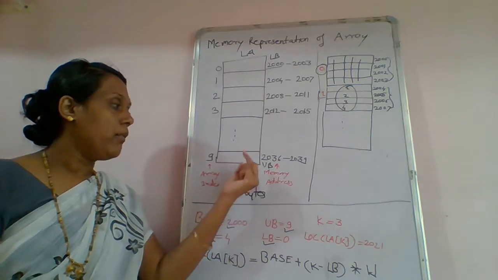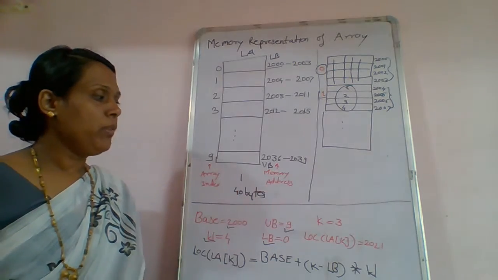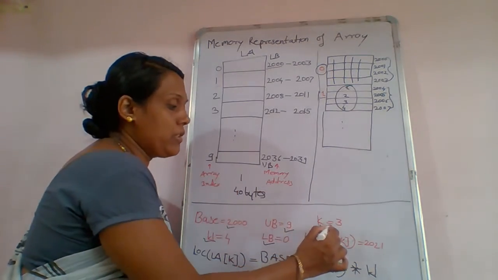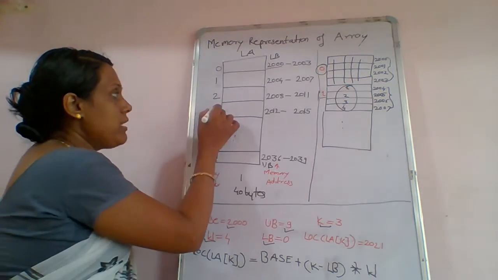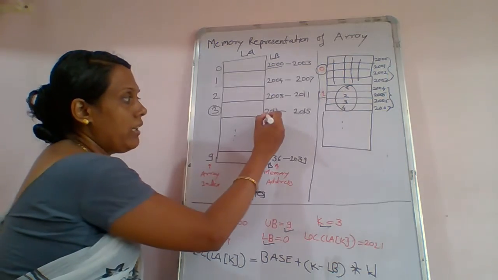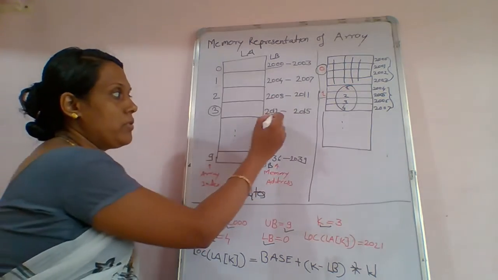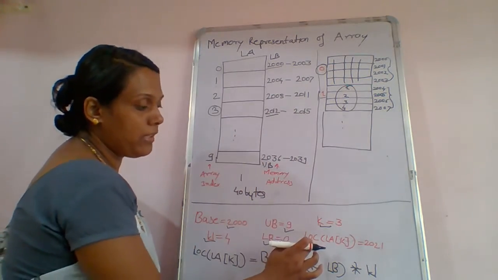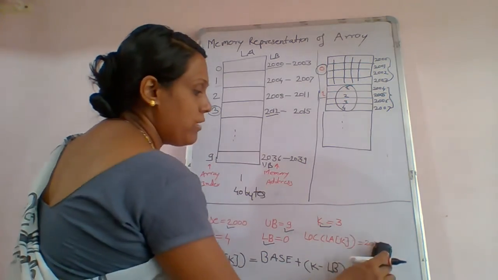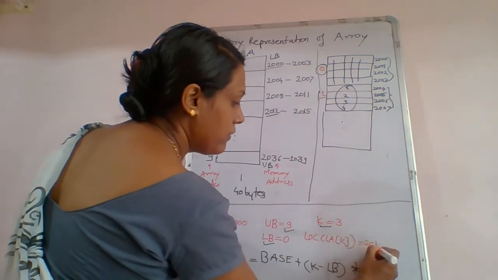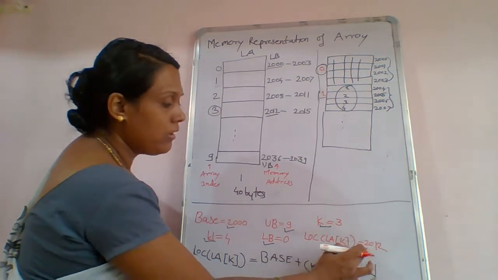So I said that our total array consists of a size of 40 bytes. Now we want to find the kth location from the array. So k is equal to 3. Now when we see that k is equal to 3, the starting address of k is 2012 to 2015. So starting is equal to 2012. So we have written that LA(k) is equal to 2012. So what is the 2012? It is a starting address. Location of linear array of k is equal to 2012.